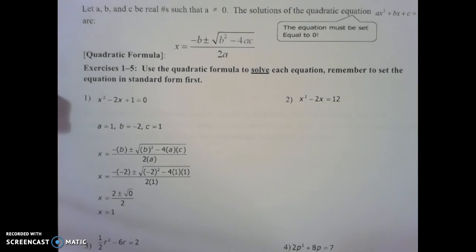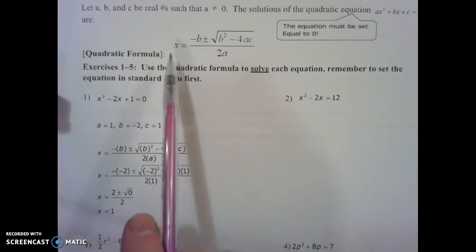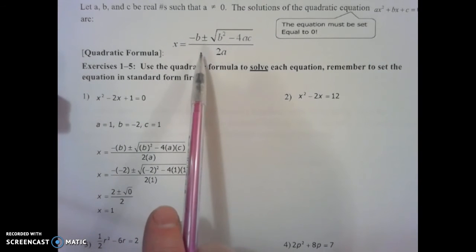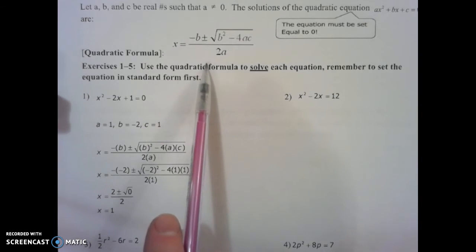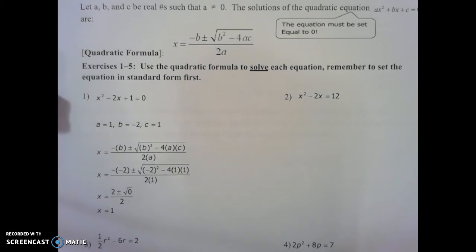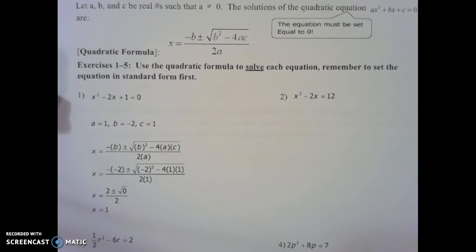Now that we've practiced simplifying radicals, we're going to see if we can factor these quadratics using the quadratic formula. And the quadratic formula says x equals negative b plus or minus the square root of b squared minus 4ac all over 2a. Okay, and so we need to remember the original form of a quadratic equation, ax squared plus bx plus c equals 0. And so we're going to need to be able to pick out these values of a, b, and c. Okay, and so the first one is done out for you. I encourage you to look through that example. I'm going to work with the